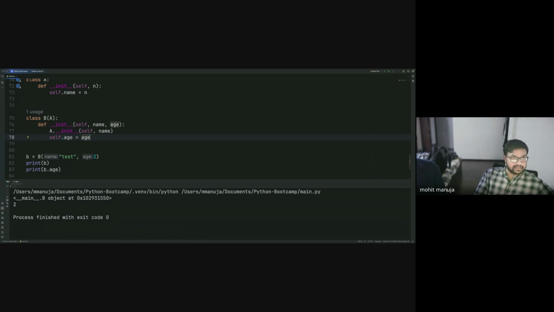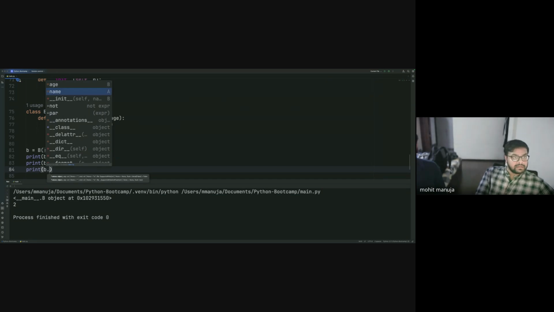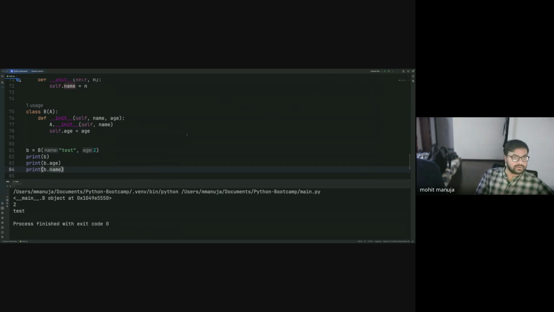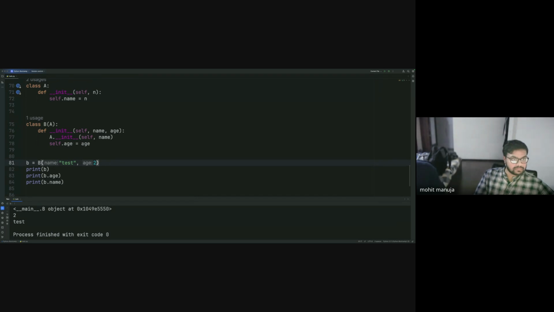Now the next thing is name. अब हमने B में A की properties get करी हैं, तो now we have to see कि हम उसकी properties को print access कर पा रहे हैं या नहीं. Name. ओके कूल. सो हमने क्या किया था? बी का ऑब्जेक्ट बनाया, हमने ए की प्रॉपर्टीज इनहेरिट करी उसमें, and we are able to see that yes, हम उसकी प्रॉपर्टीज को इनहेरिट कर पाए प्रॉपरली। हमने बी के ऑब्जेक्ट में नेम पास किया था, बट वो नेम कहाँ पे हमने डिफाइन किया हुआ है? ए में, और हम ए का कंस्ट्रक्टर कहाँ से कॉल कर रहे हैं? बी से, ठीक है ना। और हमने इनहेरिट भी किया था, this is the main thing, हम इधर इनहेरिट कर रहे हैं बी में ए की प्रॉपर्टीज को।